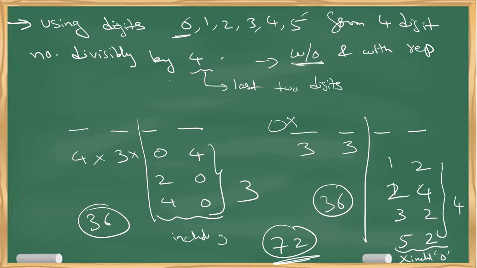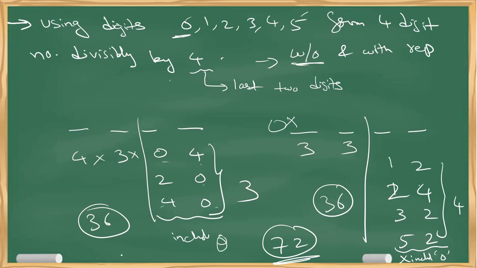If you want, I can repeat what I have done. I have numbers from 0 to 5 and I am writing the numbers. It has to be divisible by 4. The divisibility rule of 4 means the last 2 digits should be divisible by 4. Again, the hidden condition is that 0 should not be at the first position. So I am considering the last 2 digits where 0 should be there. What are the possibilities? 04 or 20 or 40. That means there are 3 possibilities that include 0.